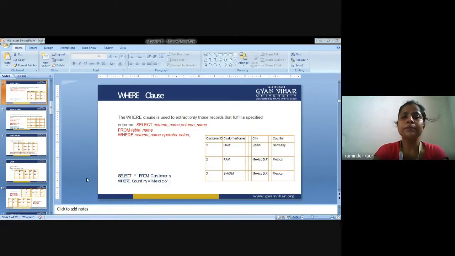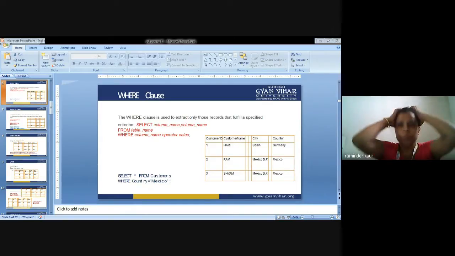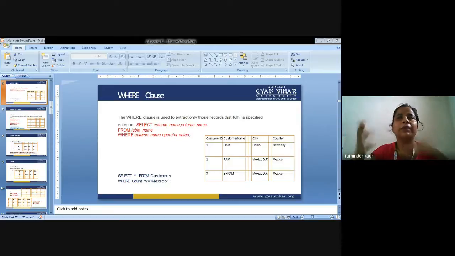So next, there are various clauses that will be used in the database. So what are those? First is the where clause. As you can see, what does where mean? Where in layman language means where.